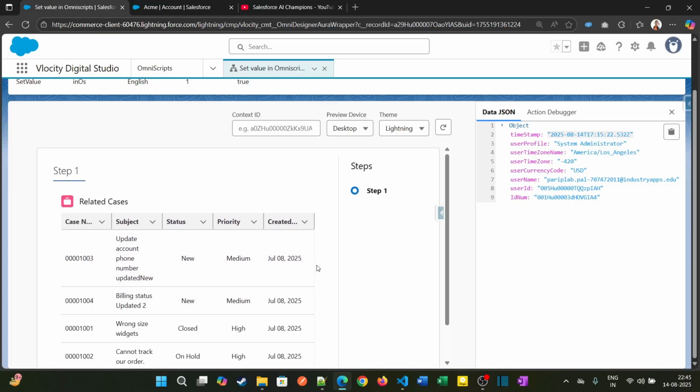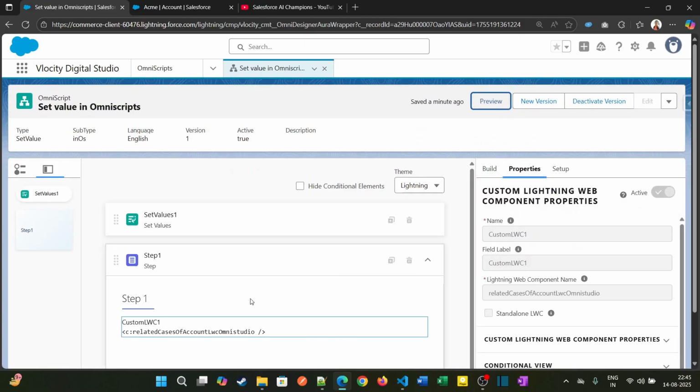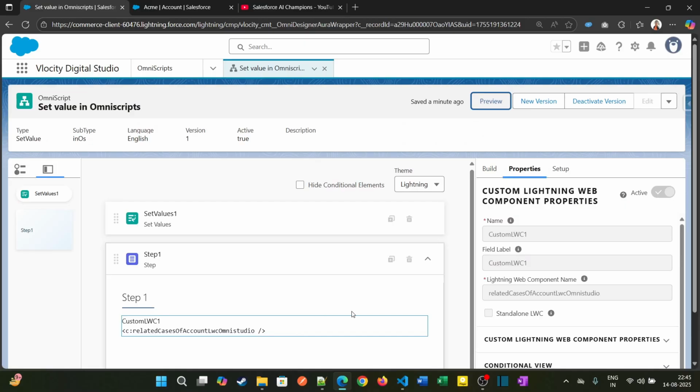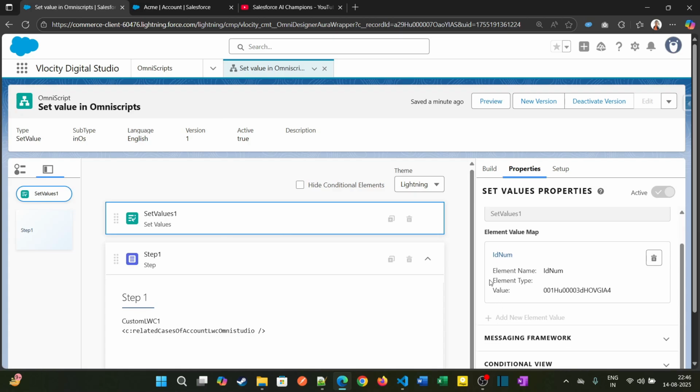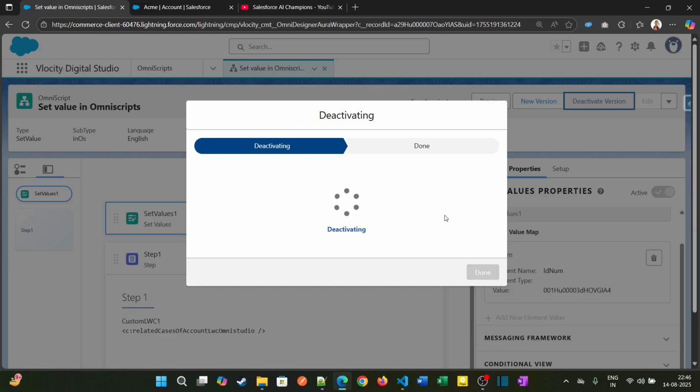I'll be adding demo tutorials on how to use LWCs in OmniScripts and how to customize those in later sessions. As of now, this was the tutorial for set value. So this was another method. Now I'll be updating the OmniScript a little bit,